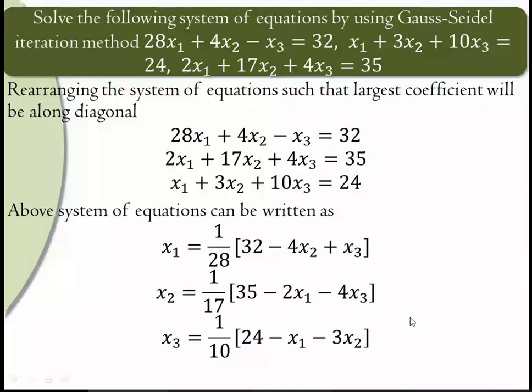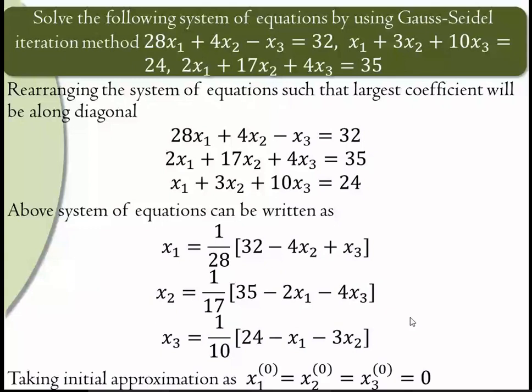Okay. Initial approximation 0, 0, 0, that is also the same. Don't put this initial approximation in all equations. We put this in all equations for Jacobi, but for Gauss-Seidel, only in the first equation we have to put these values. So we get the first iteration from the first equation. For the next iteration, take new x1 and this x2, x3 as 0. For finding x3, use new x1 and new x2.